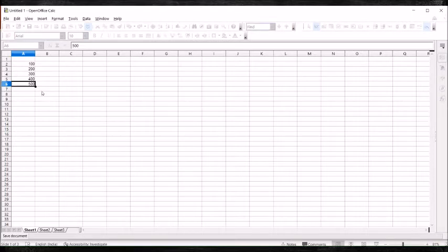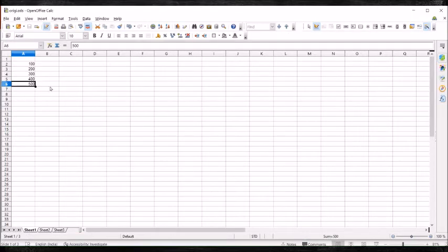Now we can see in the title bar that the name of the worksheet is appearing as origi.ods OpenOffice Calc. This is an ordinary worksheet. Now suppose we want to share it with other people so that they can also collaborate in this. They can also work in the same spreadsheet.